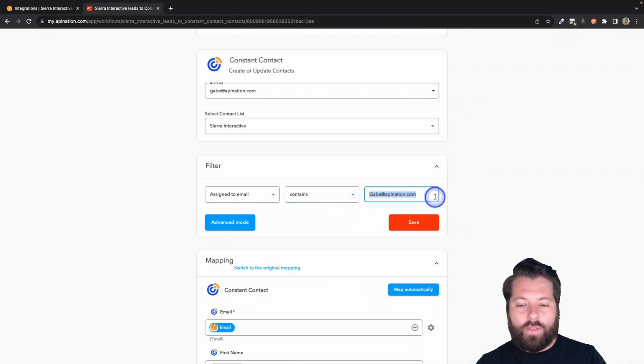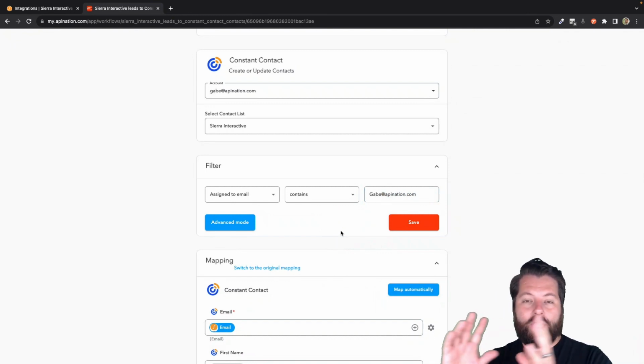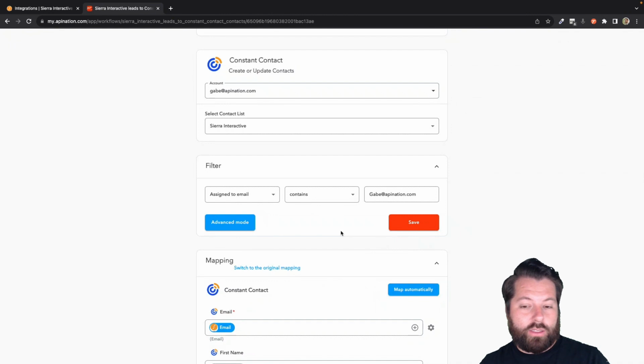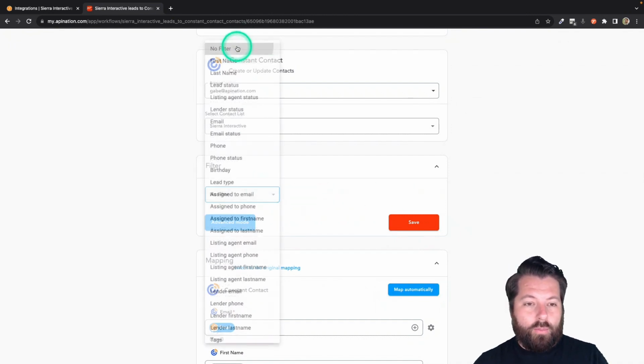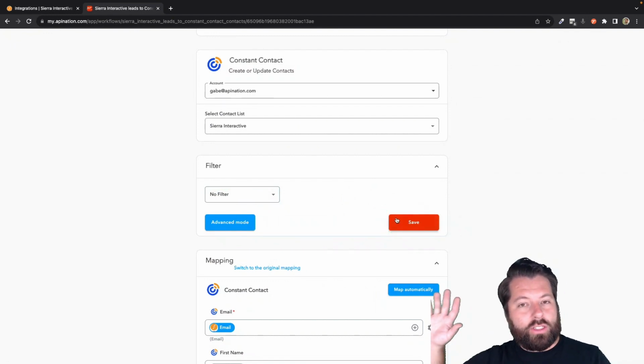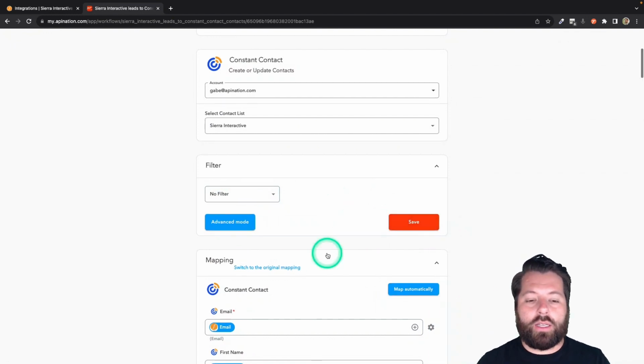So you're going to want to make sure you have that email exactly right. But this way you can set up a sync that sends over an agent's contacts into a list. And you can do this for each of your agents, so they all have their own newsletter list in Constant Contact based on filtering this way. Most people are probably just going to go no filter. They just want to get everybody in there so they can start sending those beautiful emails through Constant Contact, staying